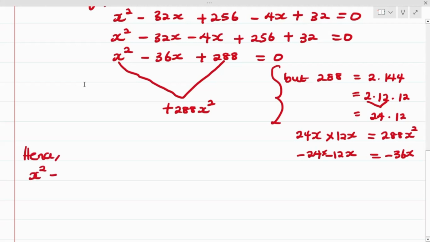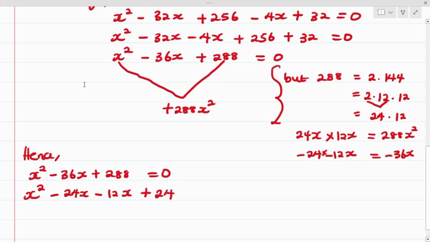x² - 36x + 288 = 0. We can easily express this as x², and in place of -36x, we put -24x - 12x, plus, in place of 288, we put 24 × 12, and this is equal to 0. Factor out x, we have x - 24 left,